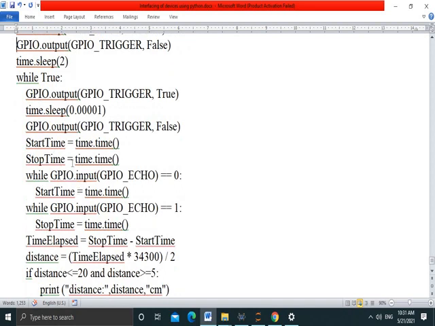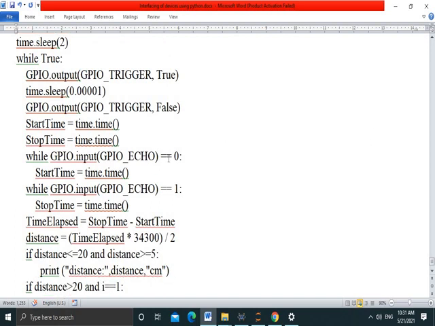After the waveform is generated, it moves forward and is incident on the object in front of the sensor. Then it is reflected back. We check when echo is 0, meaning the wave is transmitted, and that time is recorded as the start time.